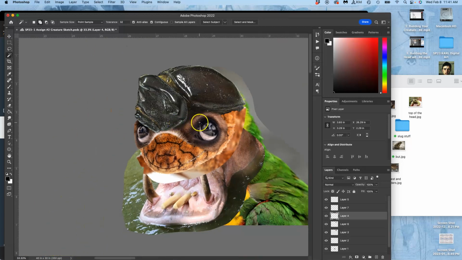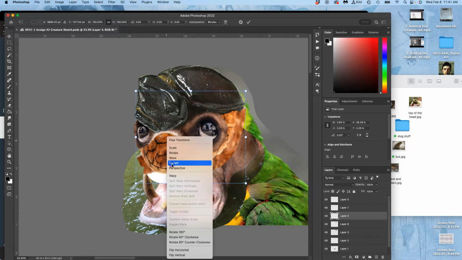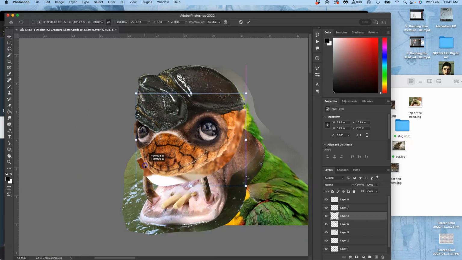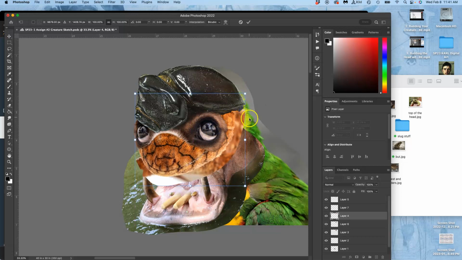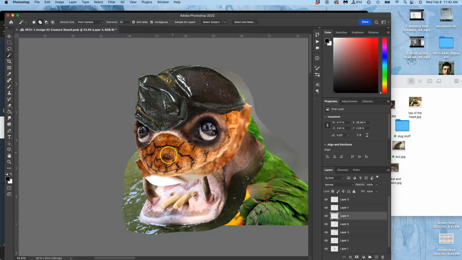Okay, now at this point, I'm going to use transform again just to make this jaw kind of match my intentions. So now that kind of seams up and through,